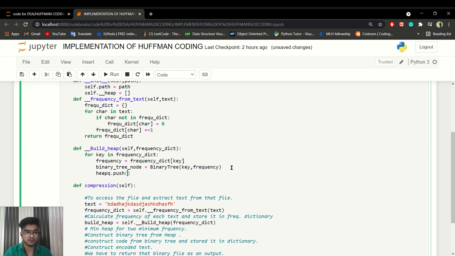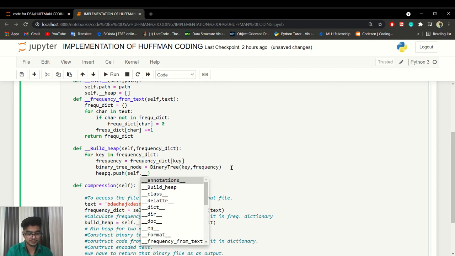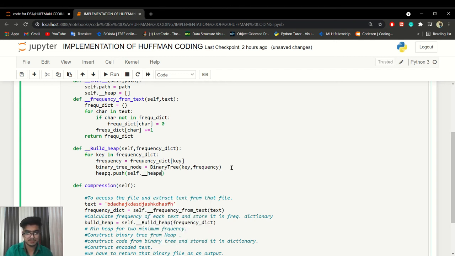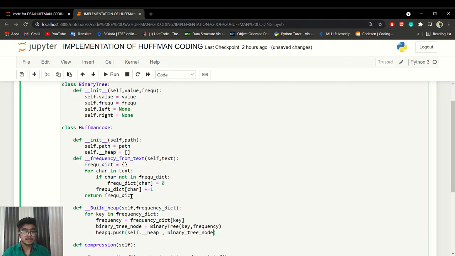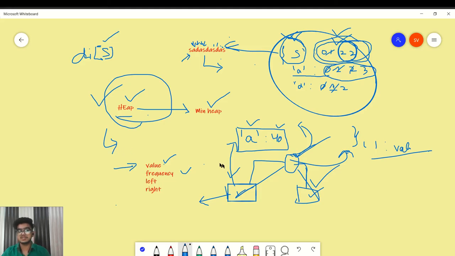What we have to push, first of all we write the name of the iterable, which is heap, and then the value that we have to push, which is nothing but the binary tree node. Now this step is clear, that we are creating a heap.